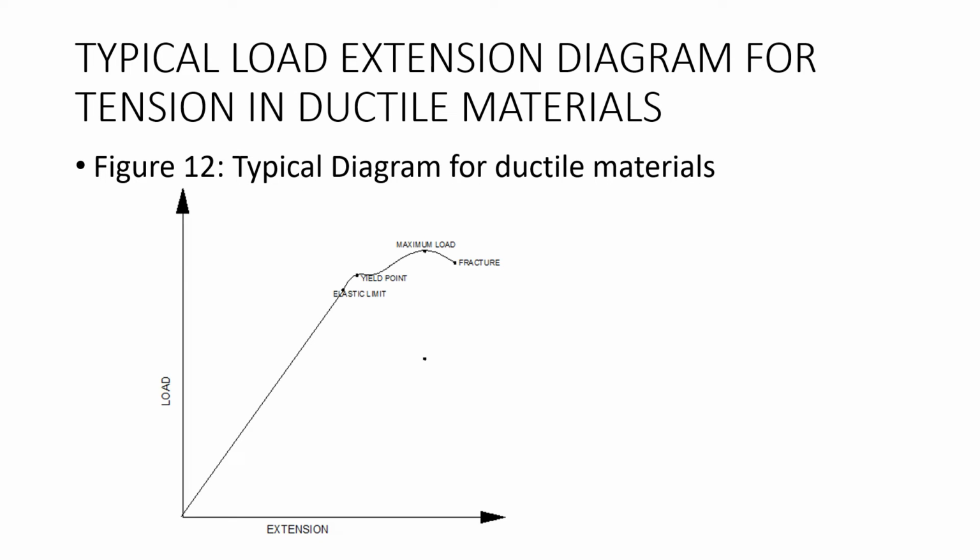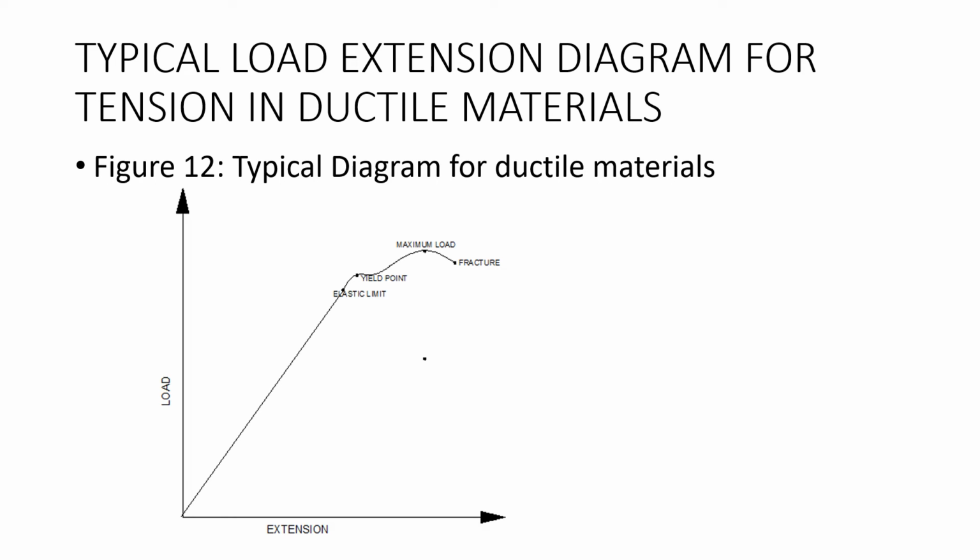This is the typical load extension diagram for tension in ductile materials. You can see a graph between load and extension. Normally, the load will be increasing up to the elastic limit, where the length of the member can return to its original dimension, and normally the load is proportional to the extension. But when it reaches the elastic limit,